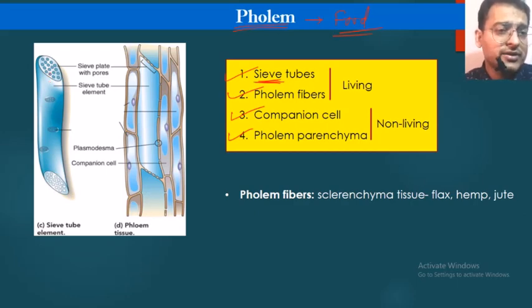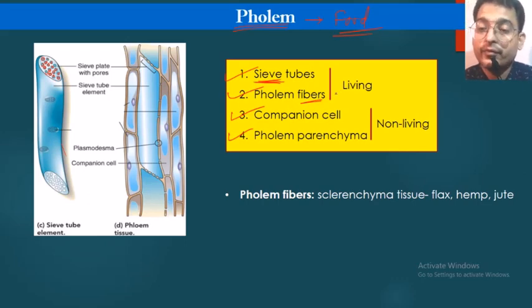Here what we are seeing, these structures, there are small holes here at the end of the tube. Okay, so it is a tube and it is having sieves or small holes at the end of it, therefore it is named as sieve tube. Okay, so sieve tube and phloem fibers, both of these